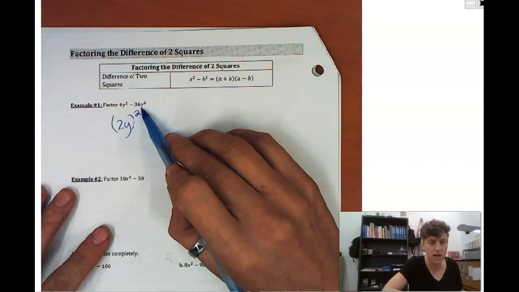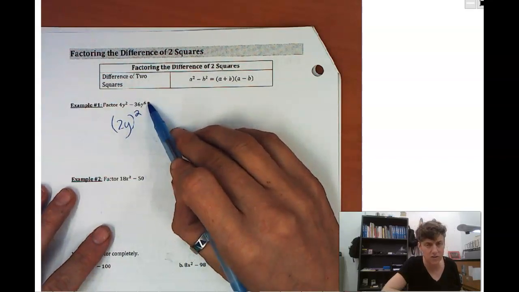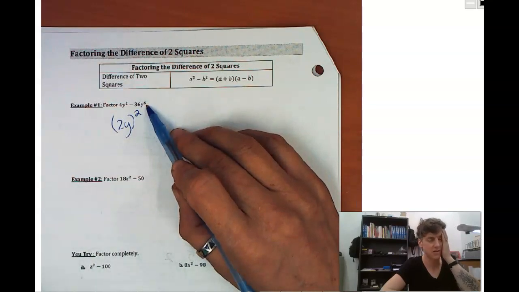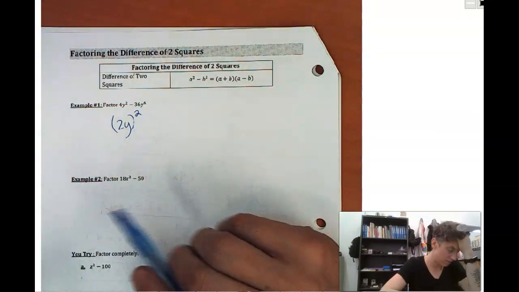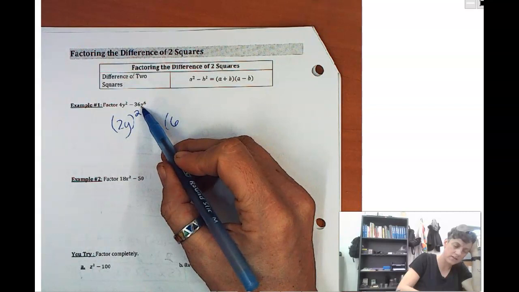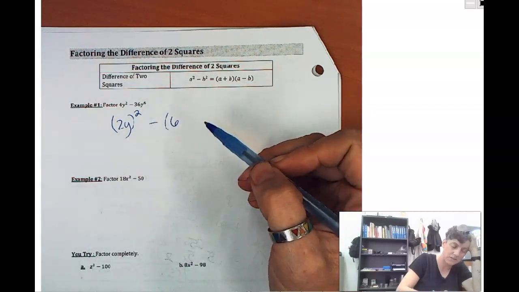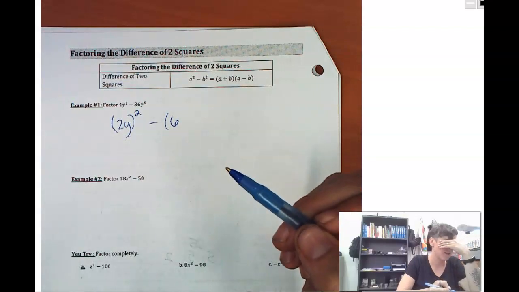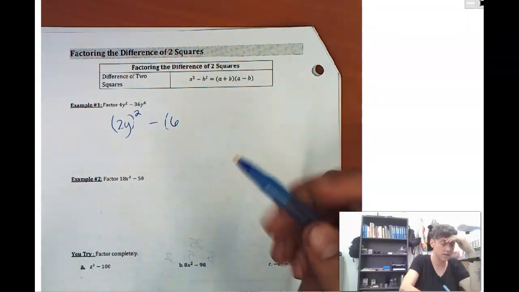Is 36y to the 6th something squared? Something to the 6th? How could that possibly be something squared? I know 36 is 6 squared, but how would I get y to the 6th out of something squared? What do I remember about my exponent rules? If I have a power to a power,